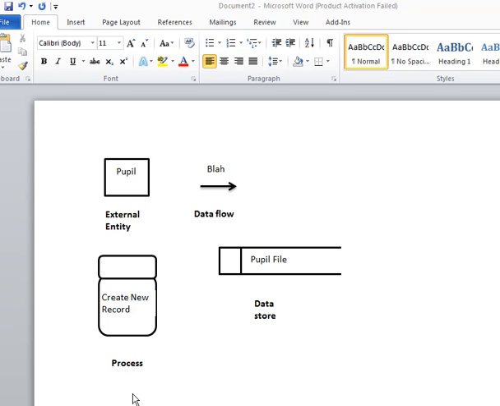In this video tutorial, I'm going to introduce how to create data flow diagrams. Data flow diagrams represent the flows of data throughout the system. The four main components of a data flow diagram include an external entity, which is a square with a name inside